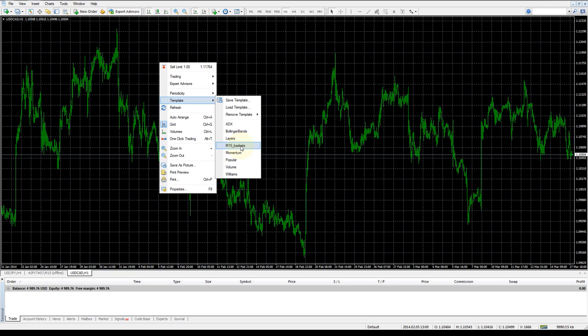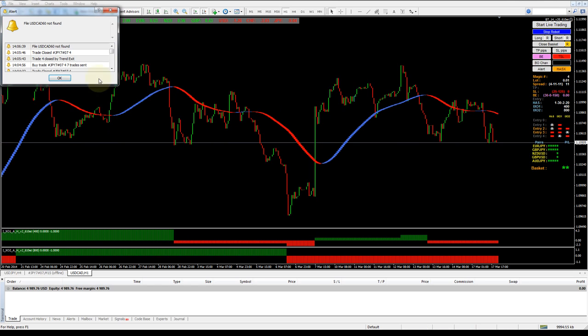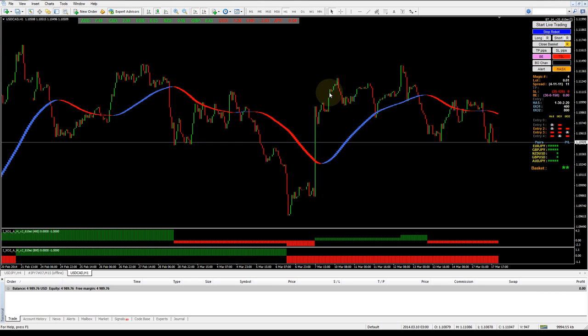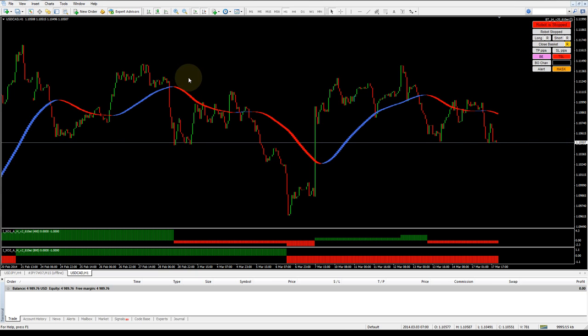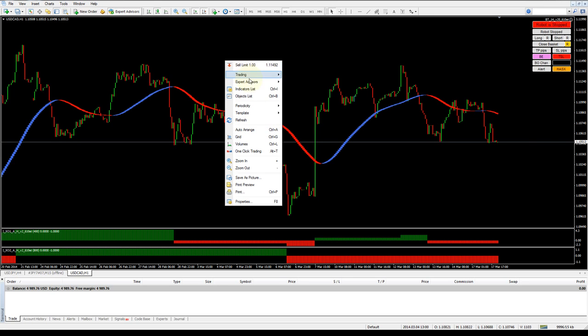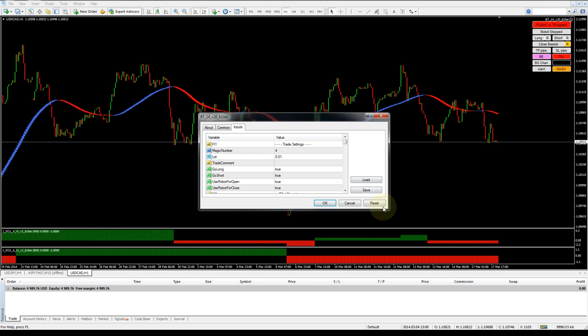We just open up a single chart of a single pair, and we'll put the robot on there, but for now we'll stop him because he was set up for the basket, remember, and we only want to do him on this pair. So now we go into the properties, and